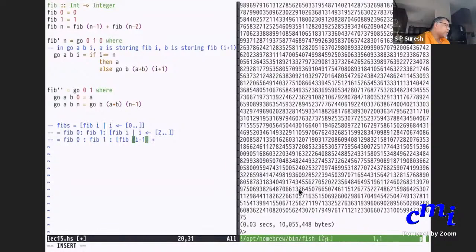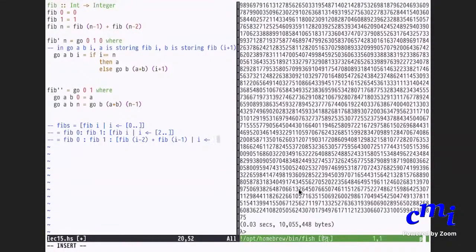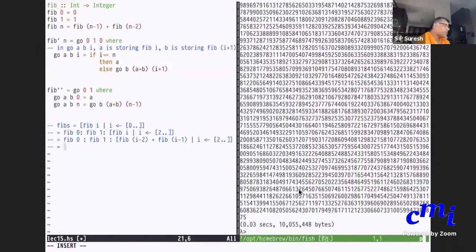Let me write it as fib of i minus 2 plus fib of i, where i ranges from 2 onwards. Doesn't matter, right? Okay, great. Let's go further.